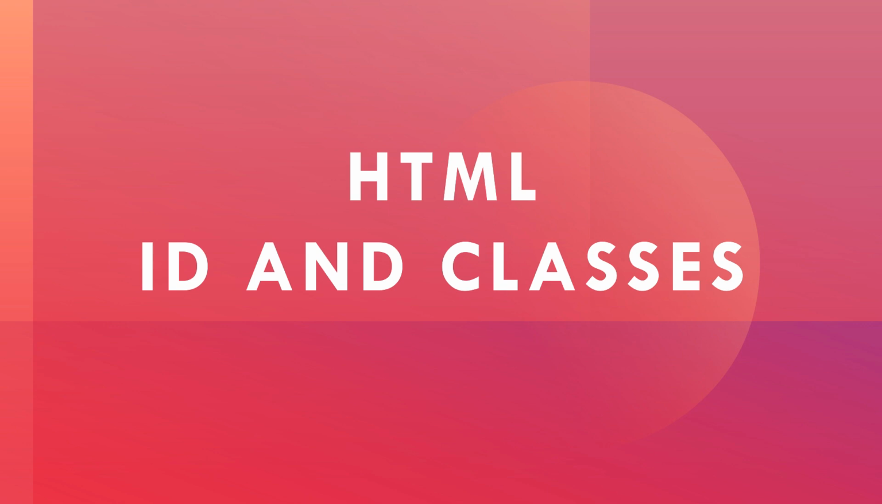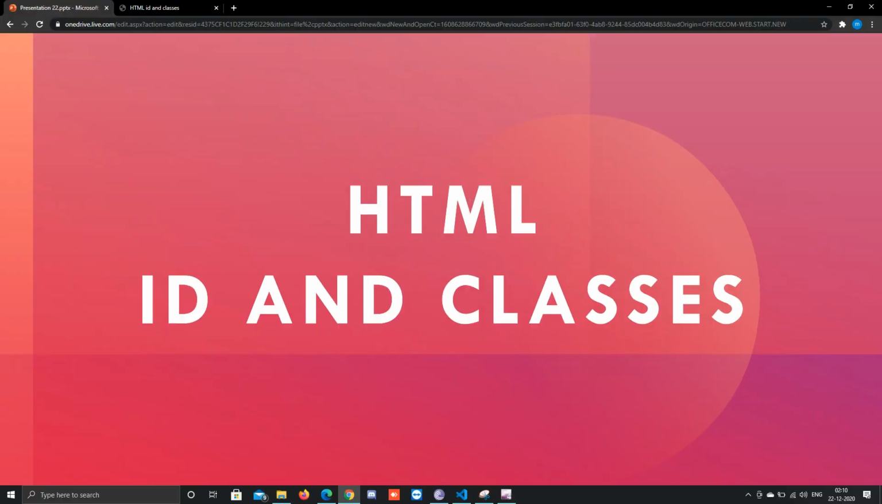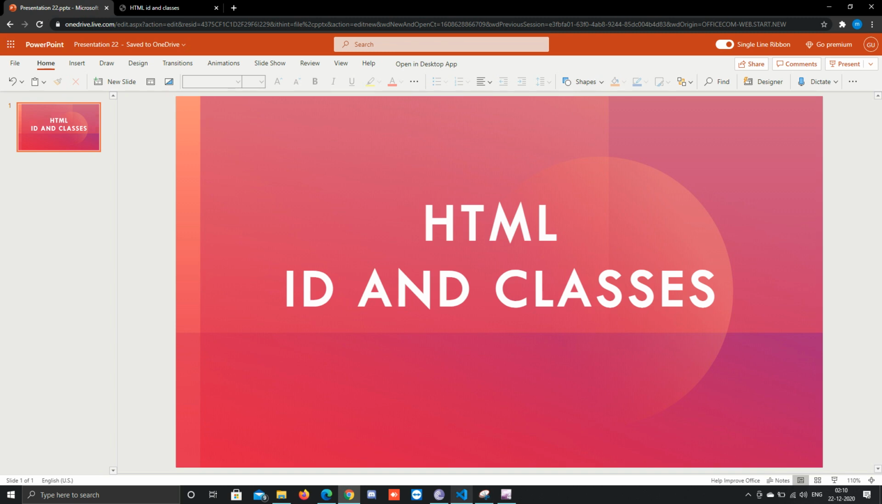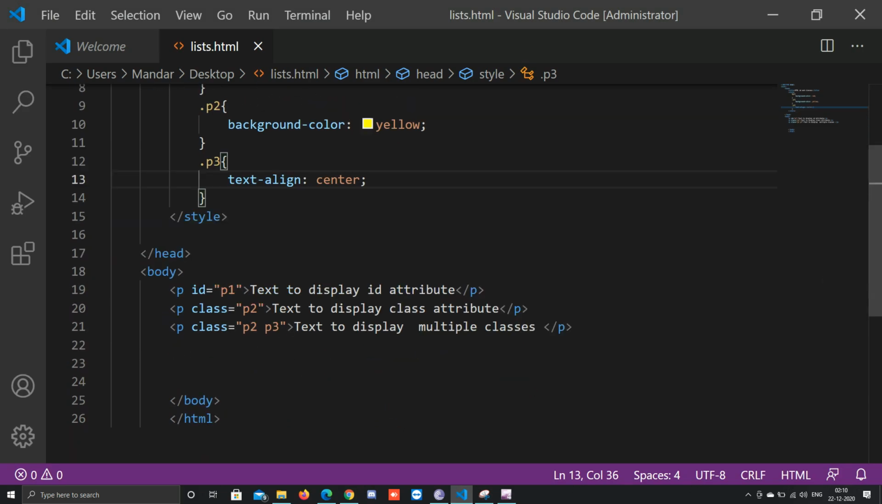The ID attribute is used to point to a specific style declaration in a style sheet. It is also used by JavaScript to access and manipulate the element with the specific ID. The syntax for ID is to write a hash character followed by an ID name, then define the CSS property within curly braces. So in this HTML file, as you can see in the body section, for the first paragraph I have used ID